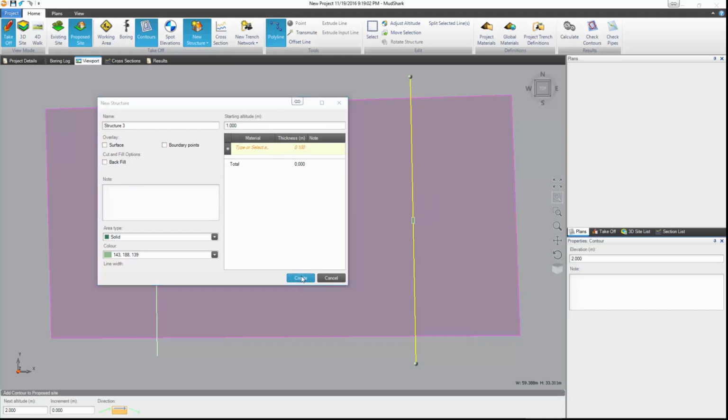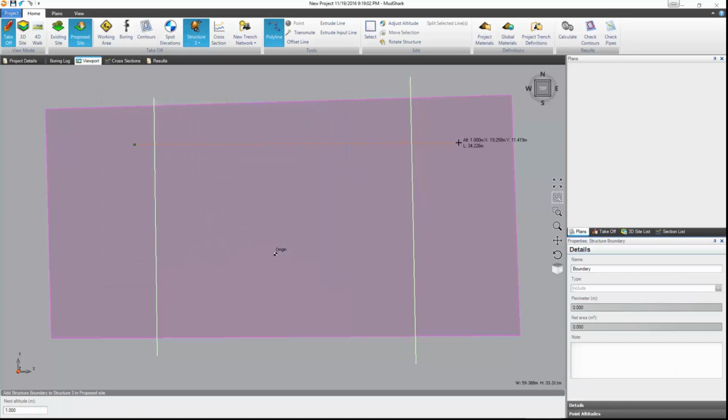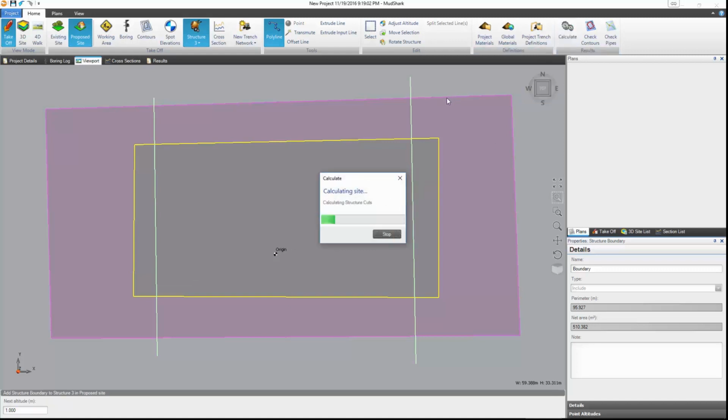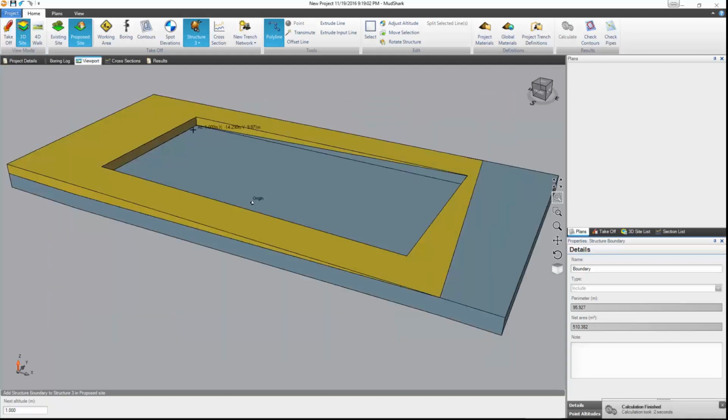Let's just create one at 1 meter. And just quickly calculate. So this one has the backfill option off. So we go to 3D view and we have a hole with our open ground fill around compared with the